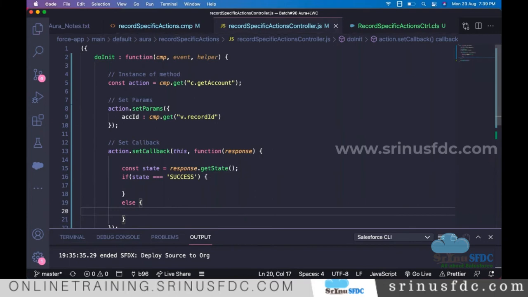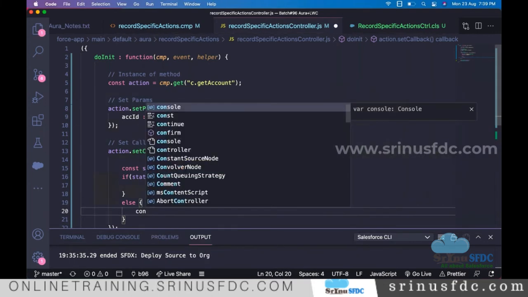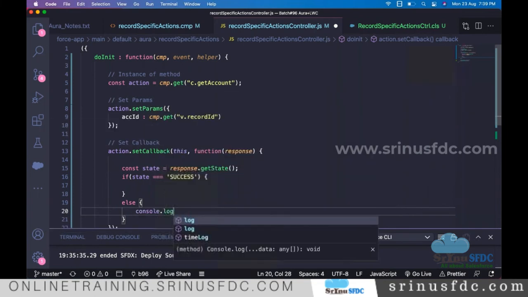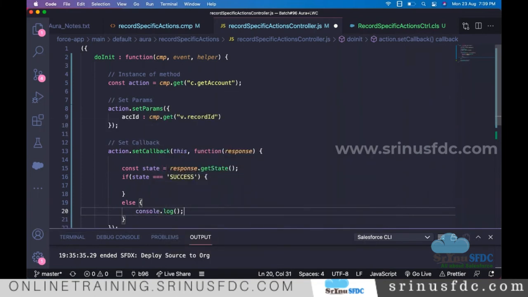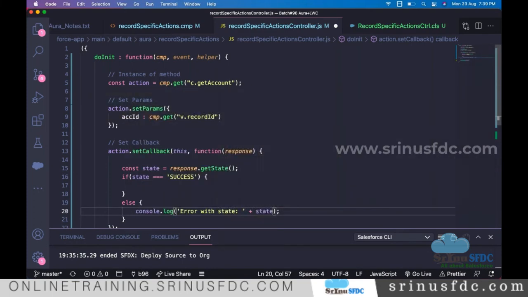In the else scenario, I'll say in the console, since I want to handle it later, I'll say error with the state, whatever the state is, it might be error or incomplete or something. For now I'm just printing in the log.